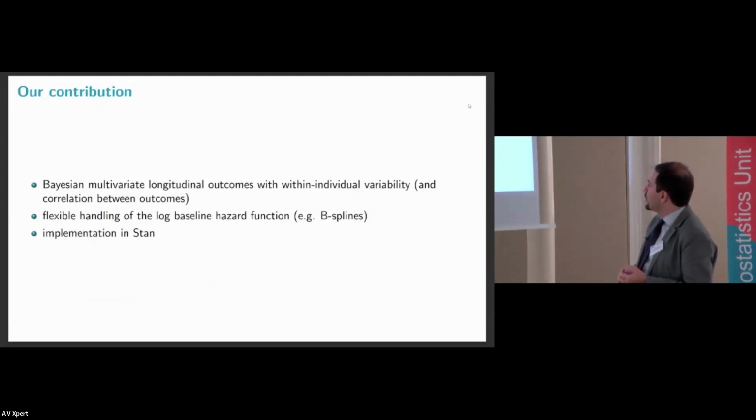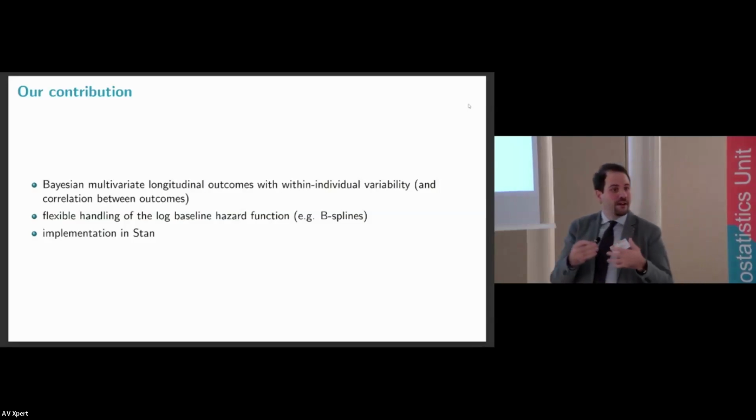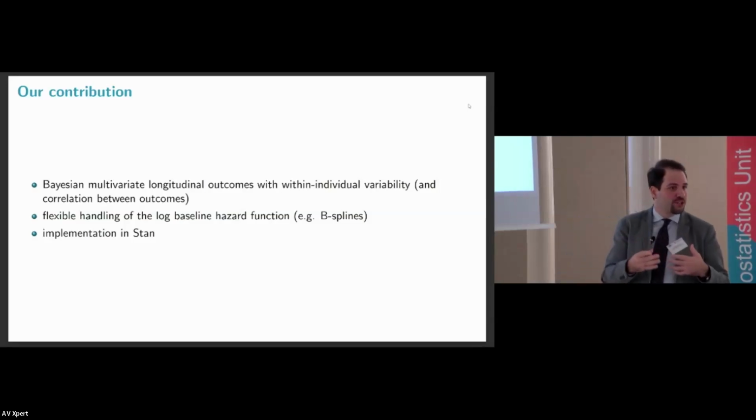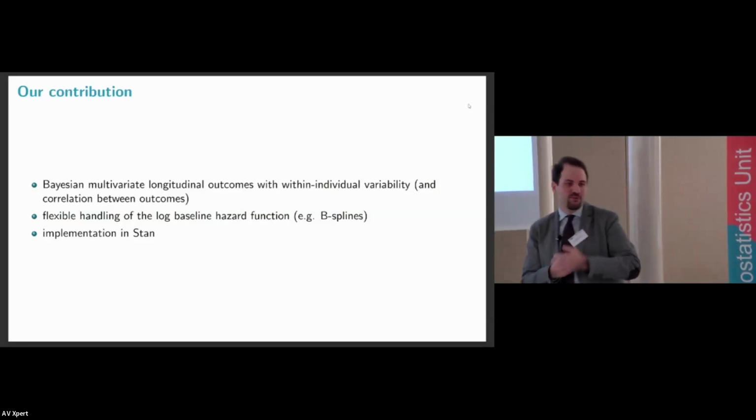We have also B-splines for the hazard function, for the log baseline hazard function, and we are essentially implementing all of this in Stan, again, following the structure in the rstanarm package. So it's a slightly different implementation, for example, from what Sonia proposes. And this is based on Stan, so Hamiltonian